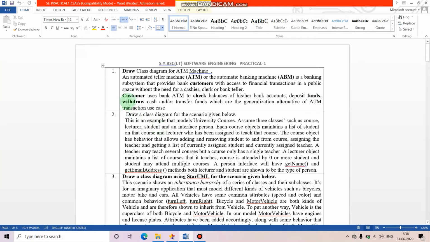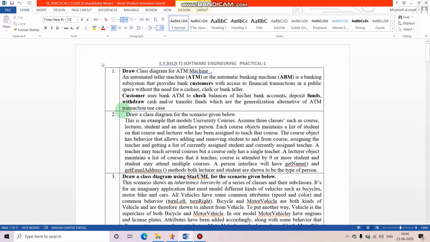They can even withdraw cash and also transfer funds from one account to another account. So it provides all the facilities that we need to perform via the bank. So I hope you understood this explanation. Now we are going to develop the diagram in the StarUML software based on this explanation.